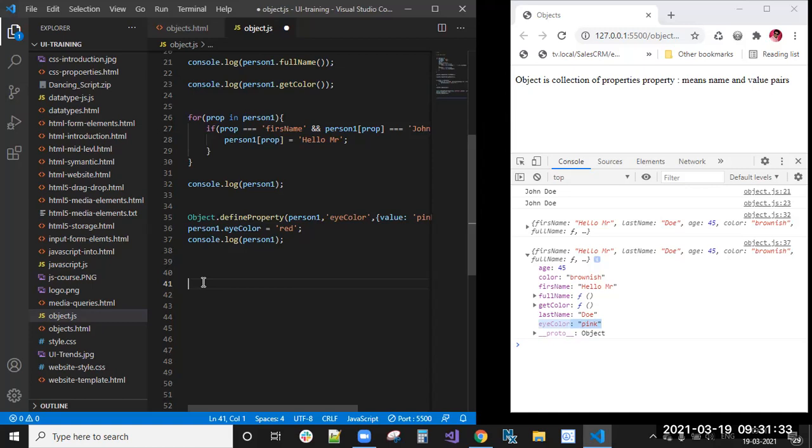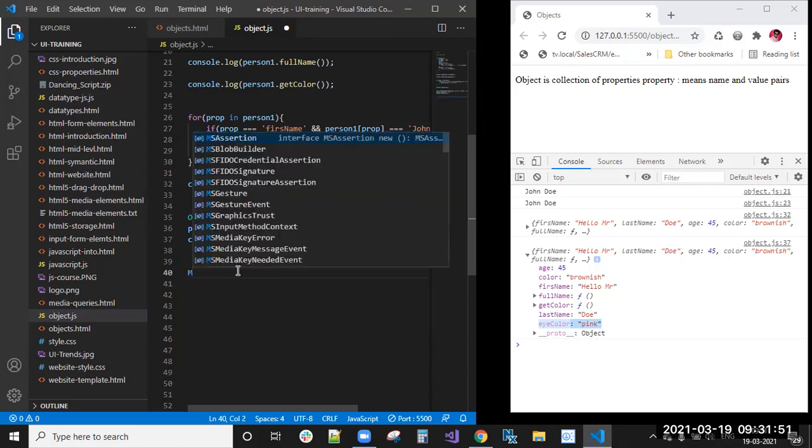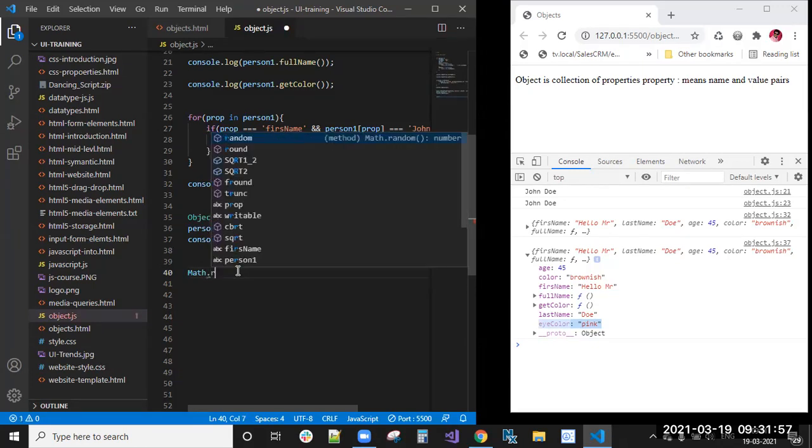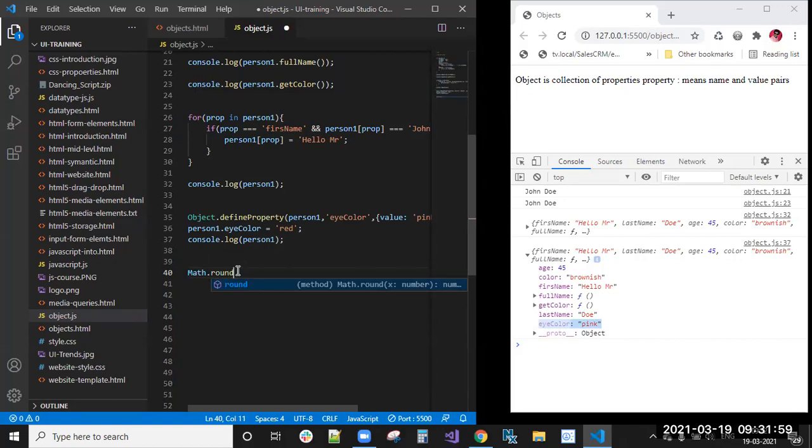Because of that, JavaScript is an object-oriented programming language, because everything in JavaScript depends on objects. It revolves around objects, because everything has properties. For example, take Math. Math is an object, and it has a round method.